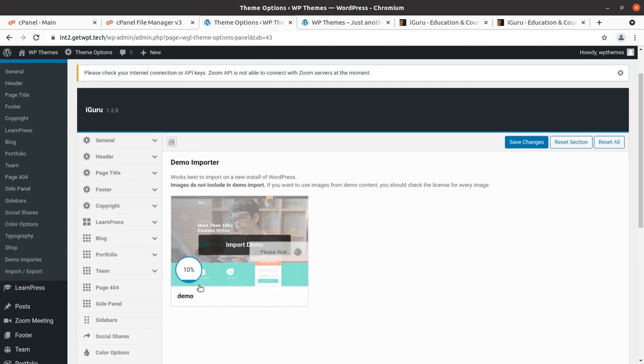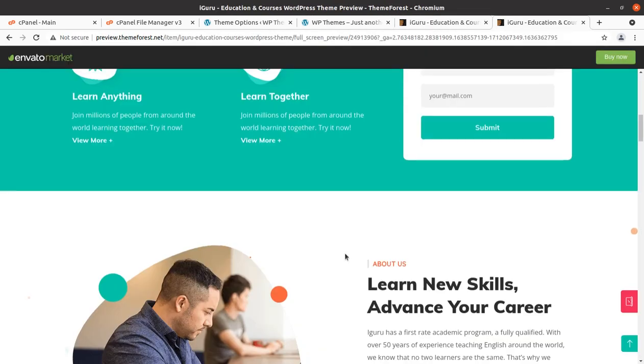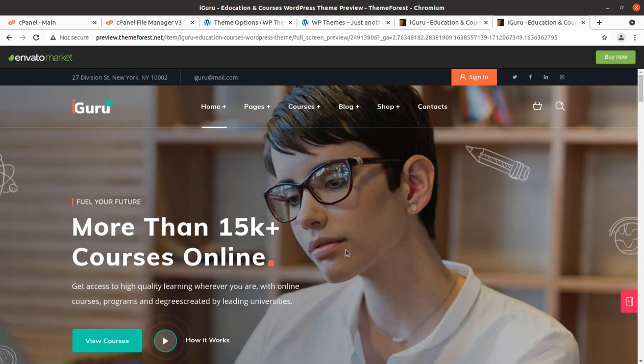That means the demo is being imported, and it may take up to 4 or 5 minutes, because it depends on the internet speed, your server capacity, the developer server capacity, and the internet connection among those servers. So this is a dependent activity, and we have to wait on this screen until it completes, or until you get any message on this screen. So don't refresh this page or hit the back button. However, you may explore other tabs to understand the iGuru WordPress theme in a better way.